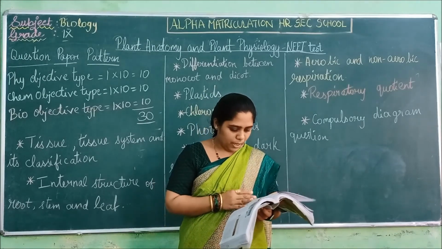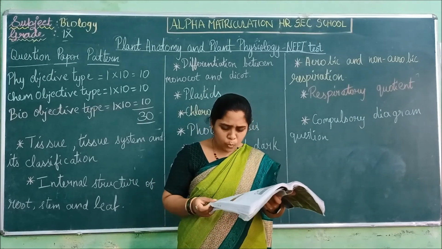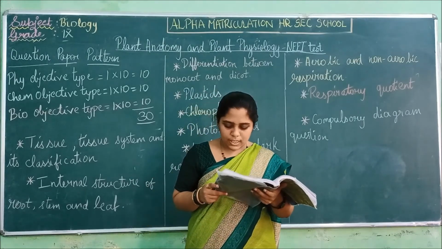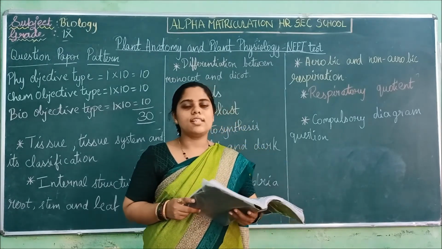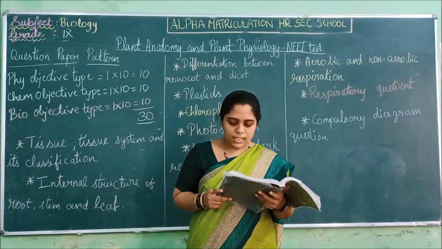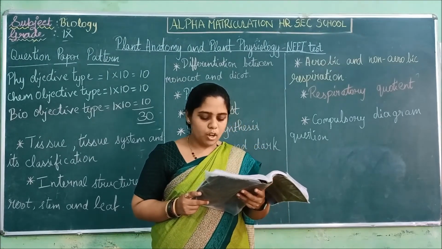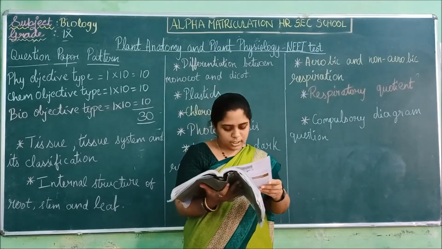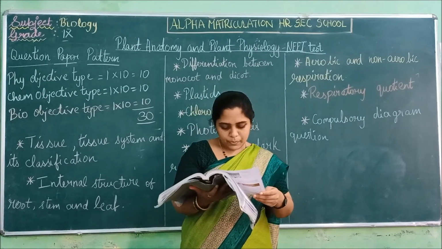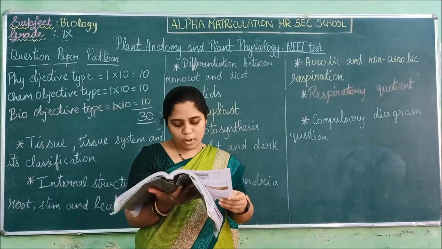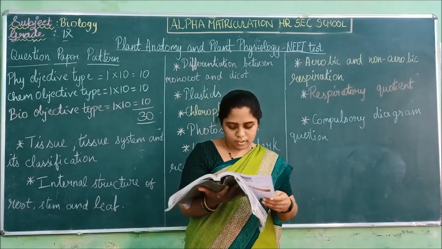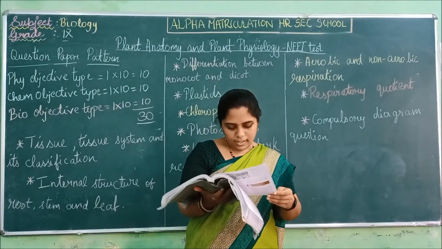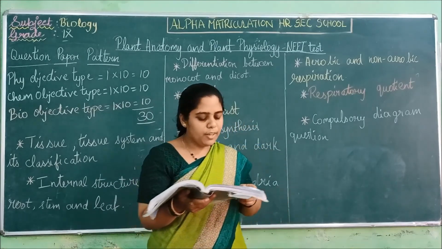And turn to the next page number 179. Some cells of the upper epidermis are large and thin walled. They are known as dash, bulliform cells. So under internal structure of monocot leaf, mark bulliform cells, underline it. And next, page number 180, under thylakoids. Thylakoids form a stack of dash-like structure called grana, disc-like structure. So underline disc.